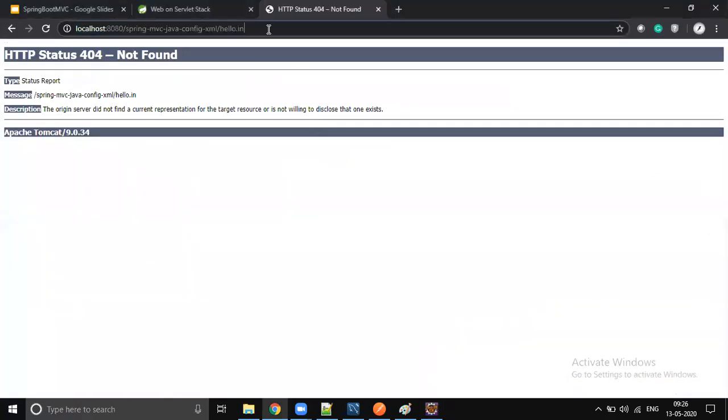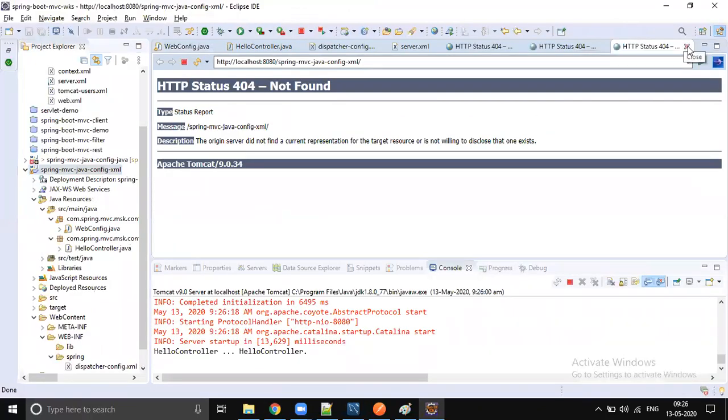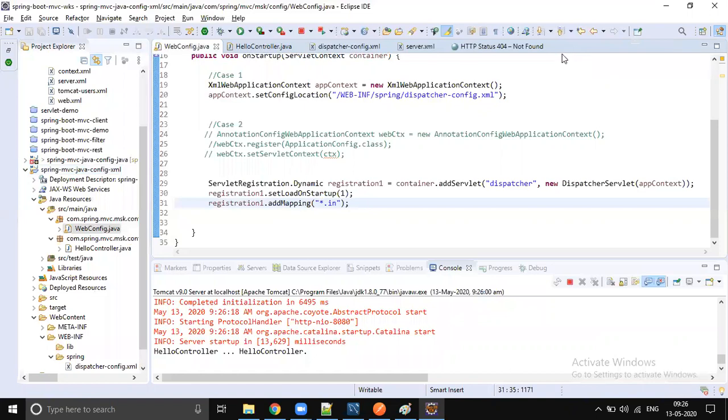Yeah, just go and click enter to get the response. Okay, one simple start was killing like 10 to 15 minutes. Yeah, I'm just not looking into this. Yeah, some configuration, mapping issue, URL pattern mapping issue. Okay. Yeah, anything which is ending with .in, we are just sending it, okay?